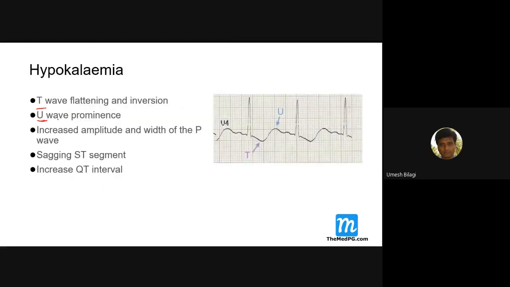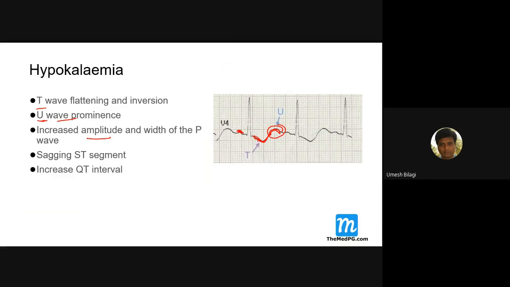So the U wave becomes more prominent, with an increase in the amplitude of the P wave. The U wave is prolonged here, and the T wave has become negative. In fact, the U wave has become prolonged. Then the P wave increases in amplitude; the P wave can show an increase in voltage.